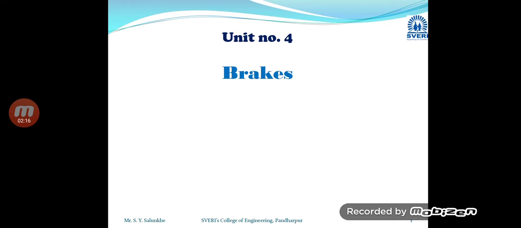Likewise, this is one of the applications. Most of the time we have seen braking systems used in the automobile sector, whereas there are other sectors also where braking systems are used, like in cranes, where we are in need of a braking system, and ropeways, where also we need a braking system. So for all these applications, we need to know the basic principle on which the braking system works.